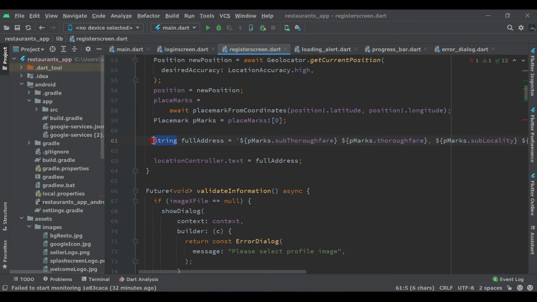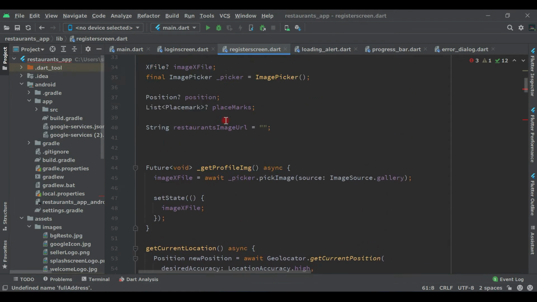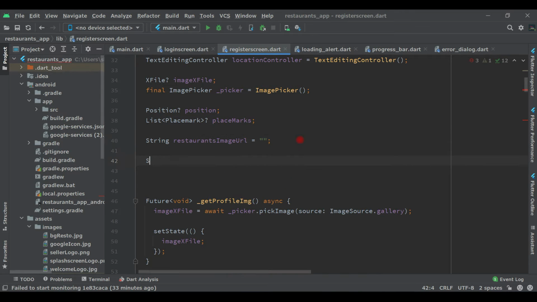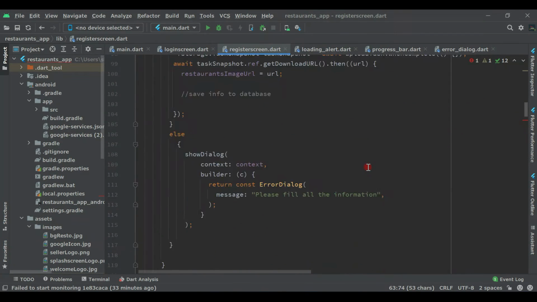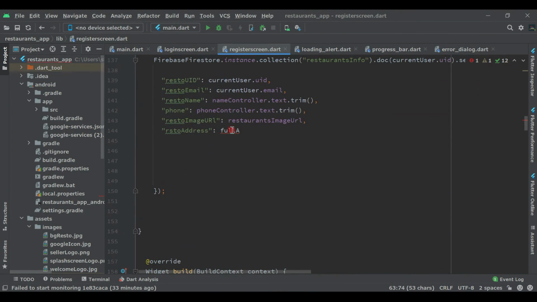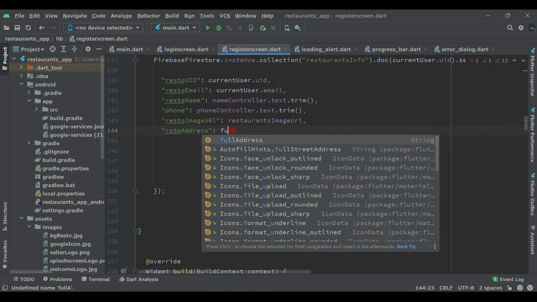So let's remove this from string here and let's make this variable here, come above, and let's say here string full address equals to null, assign here it's null, okay guys. And now this full address we are using here, and inside this variable we are getting all this address, and here now you have to pass this here full address,